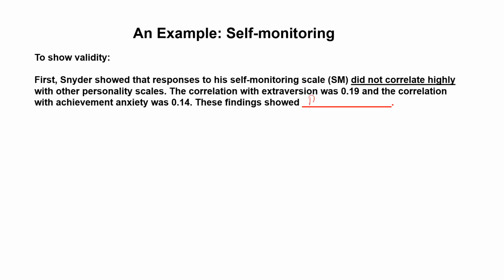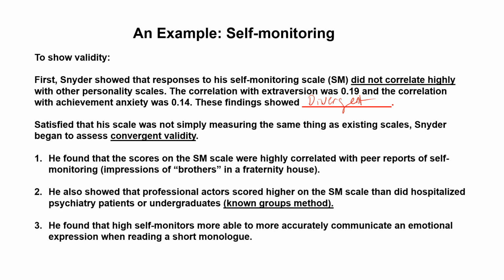It is divergent, and I definitely spelled that wrong, divergent validity, because he showed that it differed from the other scales. Satisfied that he wasn't simply measuring the same thing as an existing scale because of the divergent validity, he began to assess convergent validity. He went and found that his scale was highly correlated with peer reports of self-monitoring, impression